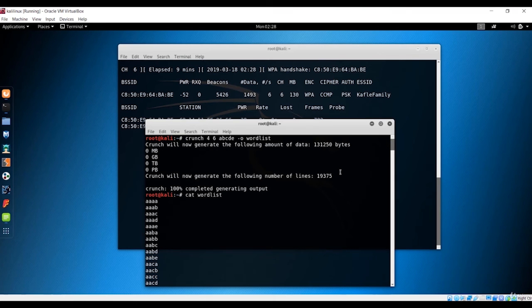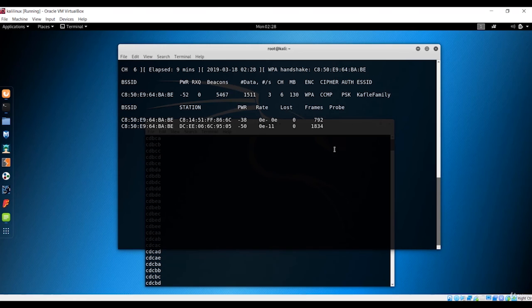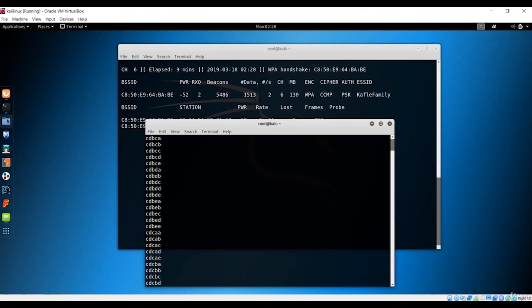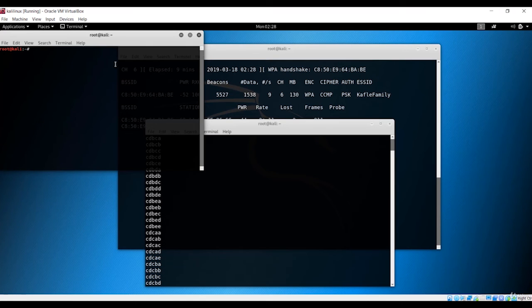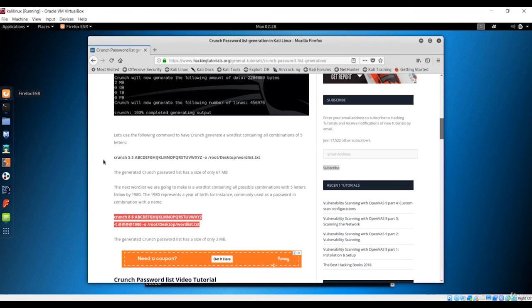Where was the command? So I'll just copy one more time, new window, and I want to copy right here, paste right here, and let me go over here and show you.